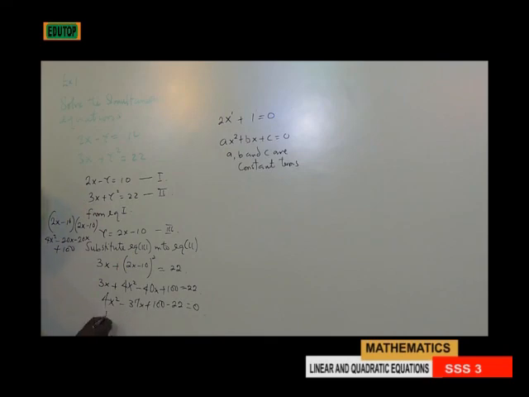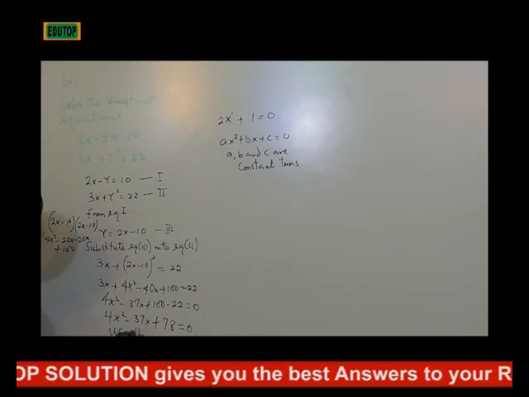So automatically this one will be 4x squared minus 37x plus 78 equals 0. So this is a bigger figure, so I can resolve this by using the formula, using the